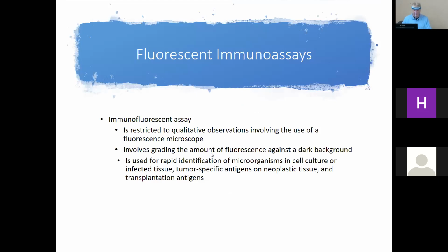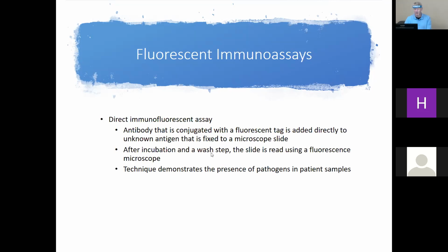All right, so we got fluorescent. Any questions on that? We got a few more, right? Just talking about the fluorescent immunoassays and the chemiluminescence. And since we don't do these, we'll just kind of move through a little bit. We might have a chance to do fluorescent, depending on how advanced our lab is. And if we go into the research side, we'll definitely probably be doing some chemiluminescence. But we just have a fluorescent against a dark background.